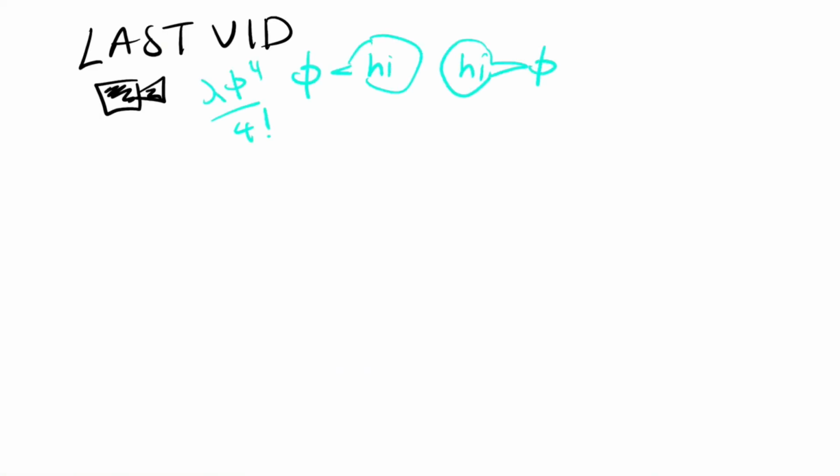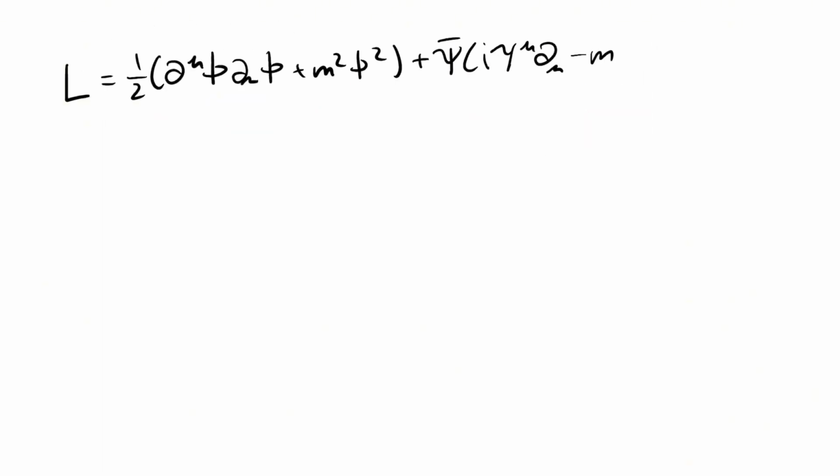In the last few videos, we talked a lot about interacting scalar fields, but now it's time to bring spinor fields into the picture and calculate scattering amplitudes. Let's begin. If we want to make the scalar field and spinor field interact, we need to add an interaction